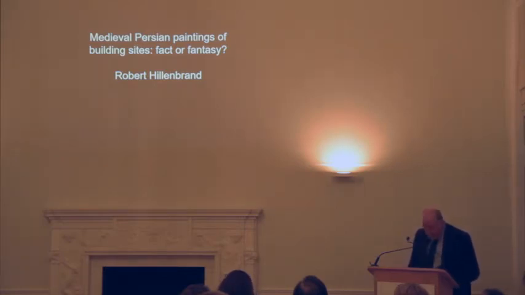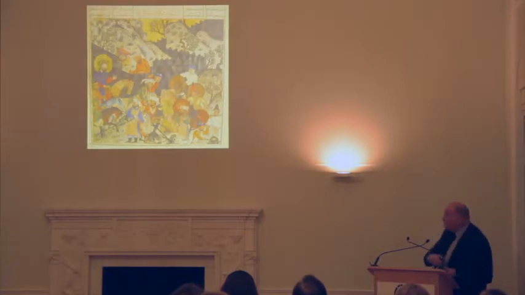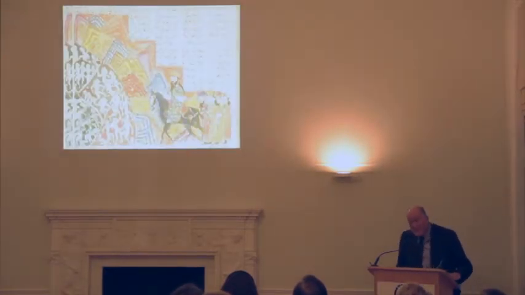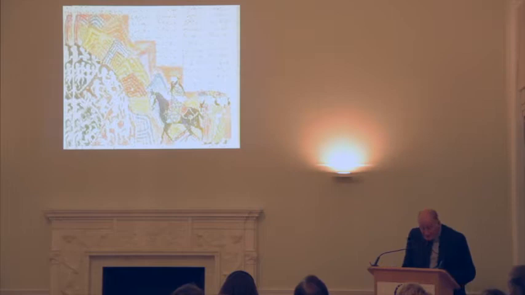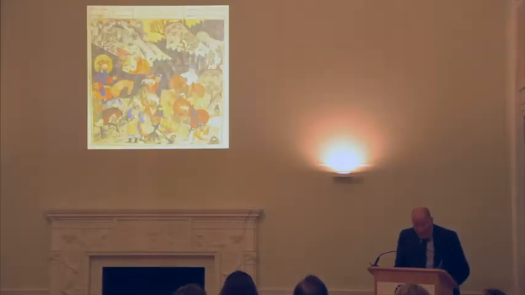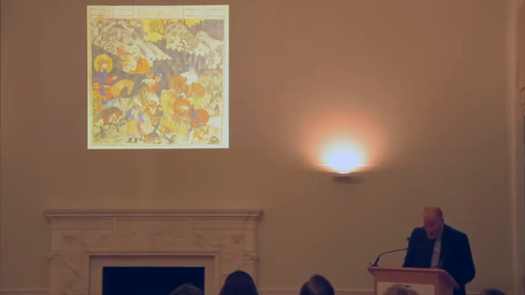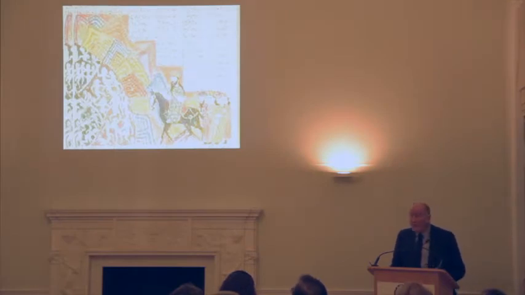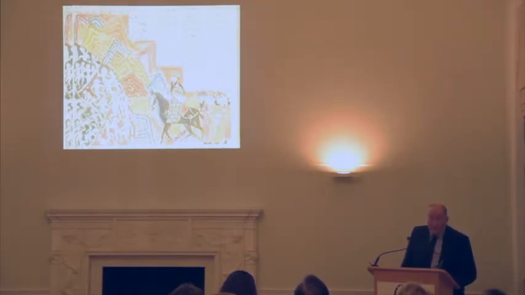Nevertheless, I'll make a few brief references to comparative material. And so, to my first major example, apparently the earliest significant attempt in Persian painting to grapple with the many-faceted challenges of depicting workmen on a building site is found in a scene from the great Mongol Shahnameh, conventionally dated to the 1330s or 40s,